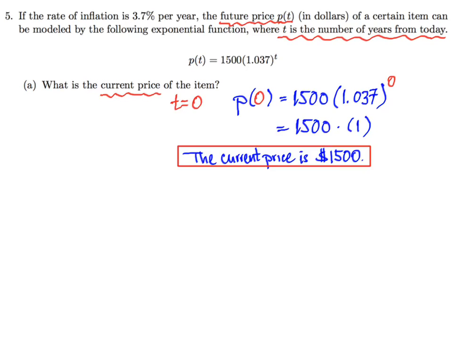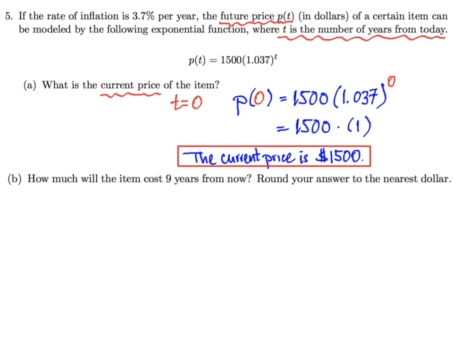Okay, let's look at part B. Part B says, how much will the item cost 9 years from now? And now we're asked to round our answer to the nearest dollar. So 9 years from now means that t is going to be equal to 9, so we can plug in p of 9. So p of 9 will be 1500 times